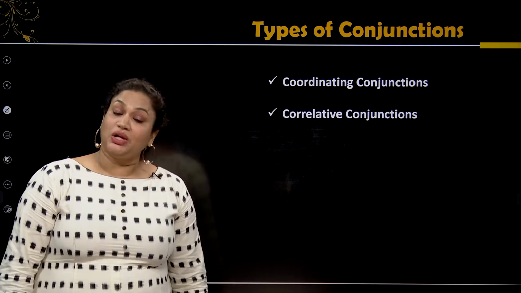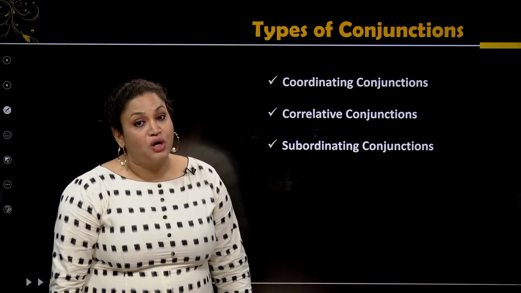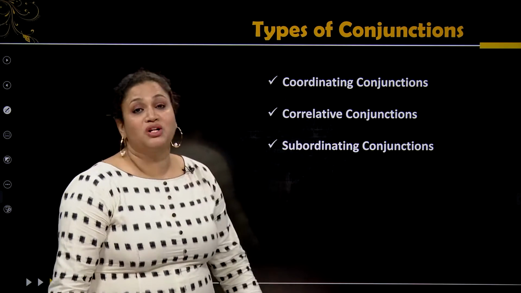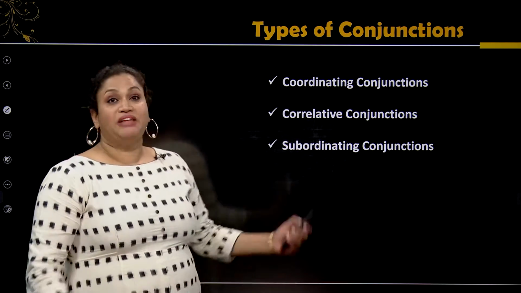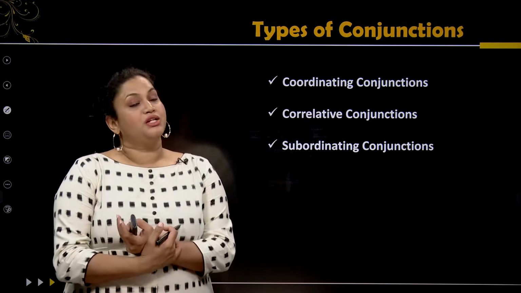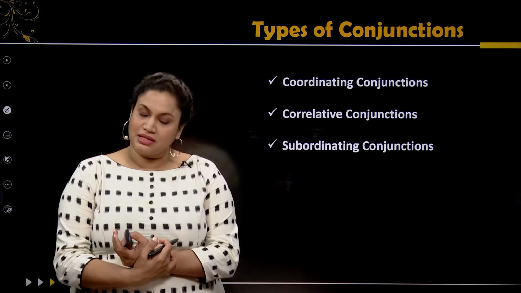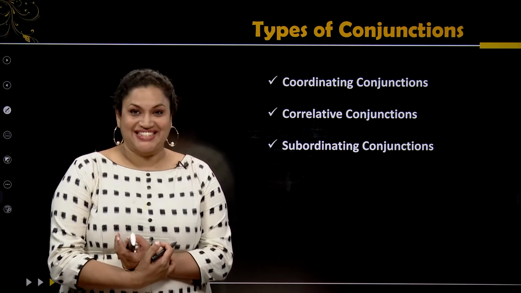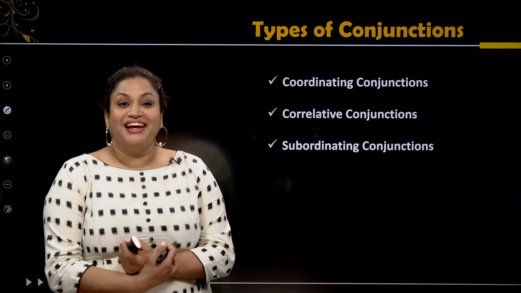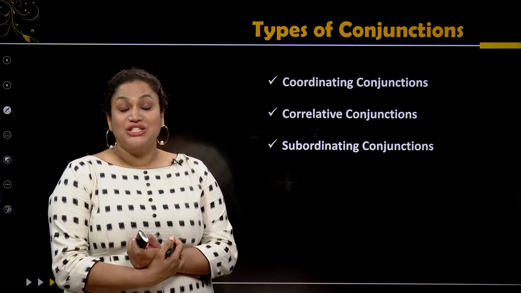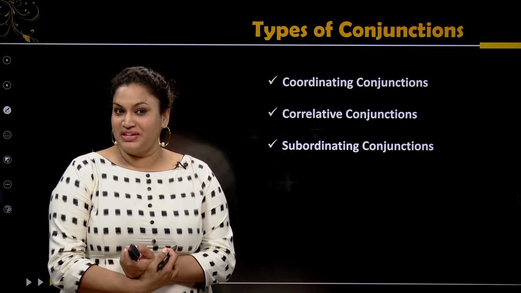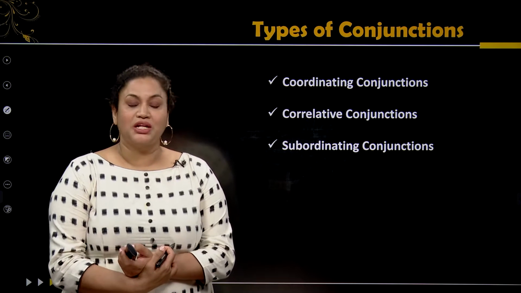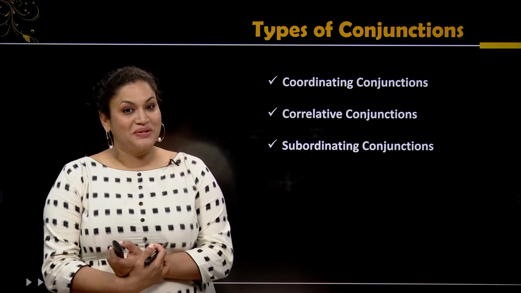Okay, so we start with the types of conjunctions, and the first one is the coordinating conjunctions, then the correlative conjunctions and the subordinating conjunctions, or they are called subordinate conjunctions, which is completely the same. They basically help you when you are trying to join words, sentences, clauses, phrases. Let's check how they are going to help us, how each one of them is different, and at the same time how each one can be used in a sentence. So the first thing that we could talk about is